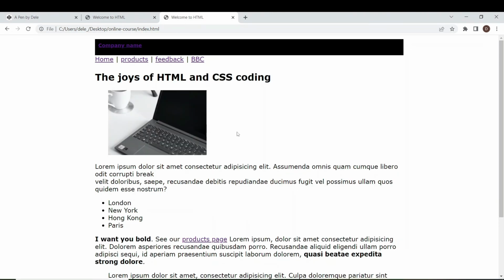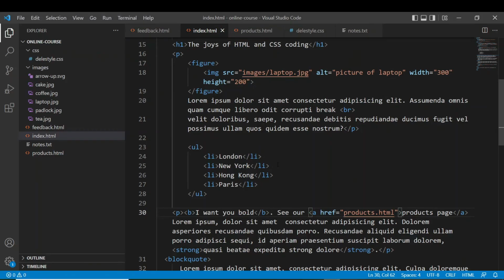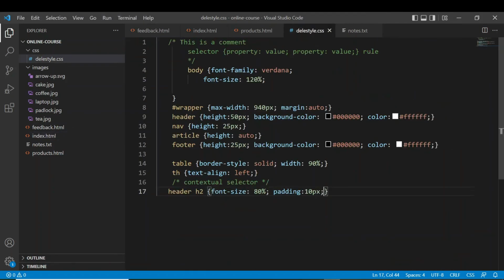Okay, now let's continue our tidying up. First of all, you see the company, I've got company with a small case n. It's good to have consistency throughout. We want all of these first letters to be capitalized throughout the site. We could type them in, but I haven't done that because I know that I can enforce uniformity through the style sheets. So here is what I'm going to do: when the H2 is inside the header tag, that's our contextual selector, I also want the